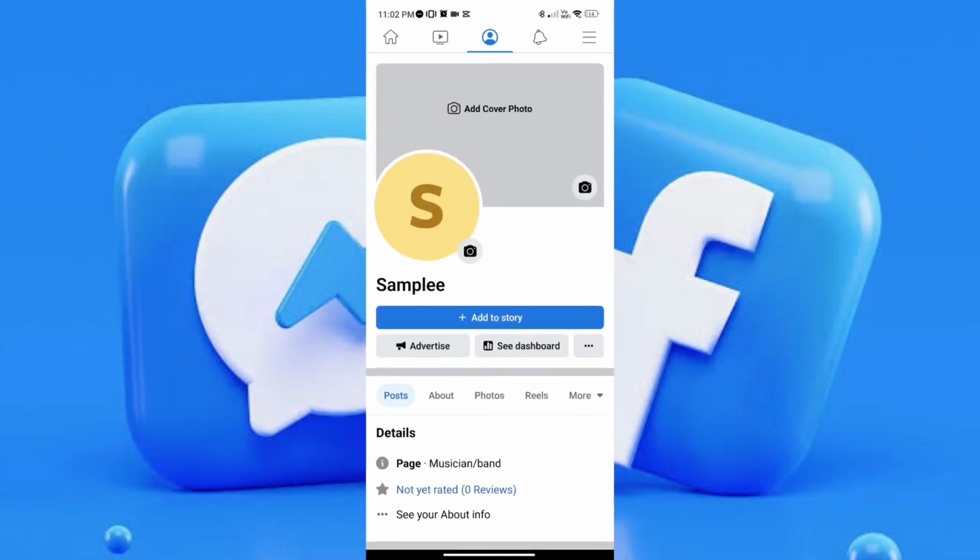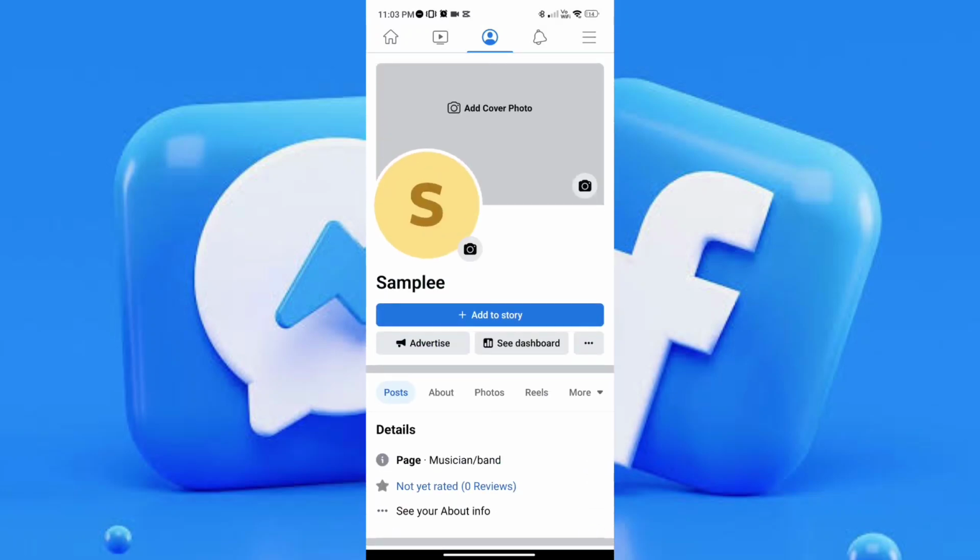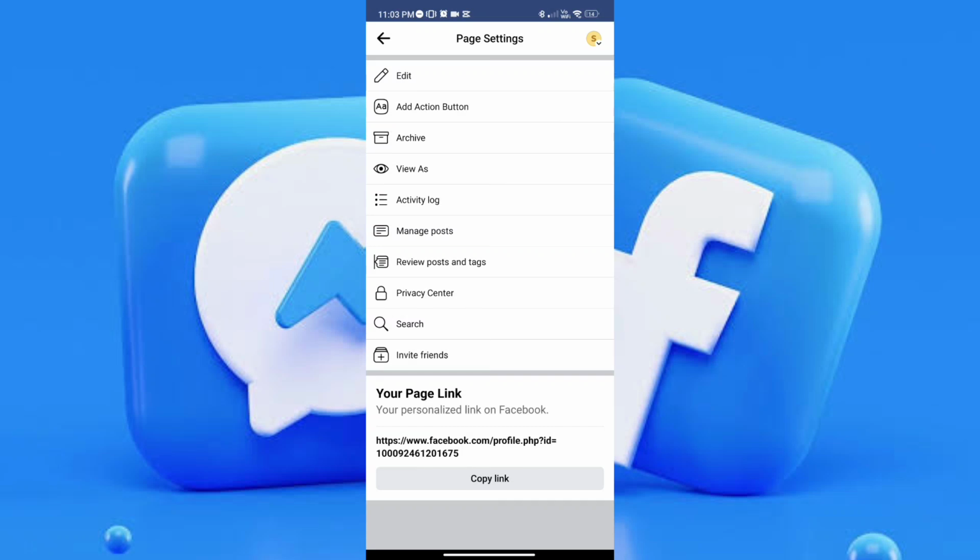And on this screen, all you have to do is to look for the ellipsis icon right next to See Dashboard button and tap it. Once you've tapped it, you will gain access to the page settings, and you will be presented with this set of options. And on the topmost, you will be seeing the edit. That is the one that we're looking for. Let's go ahead and tap it,